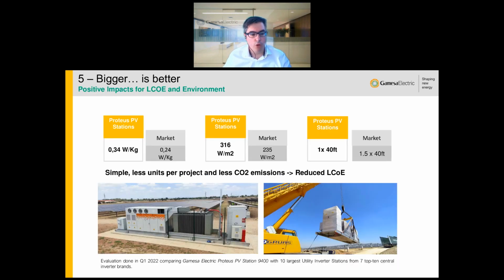But following with the same topic about the sizing and focusing on the Gamesa Electric Proteus, we see some figures here. Our station reaches 0.34 kilowatt per kilogram. The average is 0.24. I think the second in the market is 0.3. We are much higher in the concentration of energy per kilo. As I mentioned, it means savings in emissions, savings in money for transporting, and savings in the